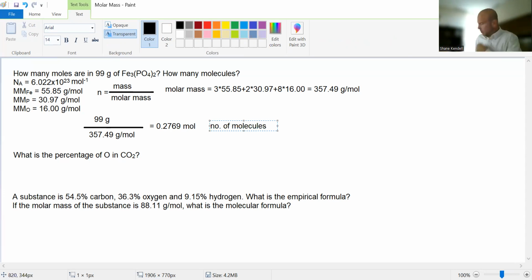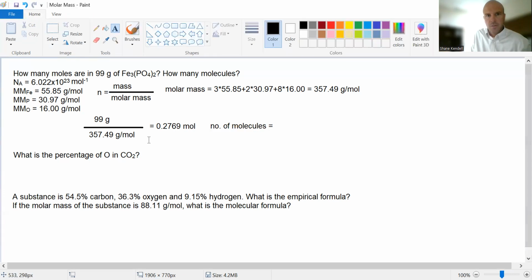So the number of molecules is just going to be, and by the way, I should finish this first problem off first because it's not quite correct at the moment. We don't have the correct number of significant figures. If you remember from the original question, we had 2 significant figures. So really this should be